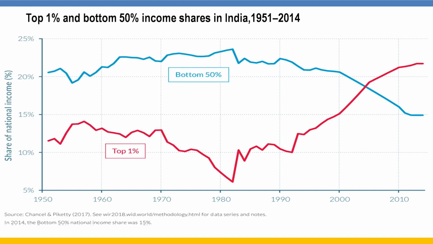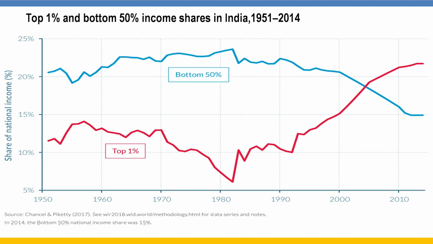In the second graph, it provides a clear picture of income growth in India from 1951 to 2014. The blue curve gives you a sense of how the income of the bottom 50 percentile of people is growing, and the red curve is giving you the top 1%. And you see that around 1990, there is a reversal. The income of the bottom 50% is declining, and the income of the top 1% is growing much faster.